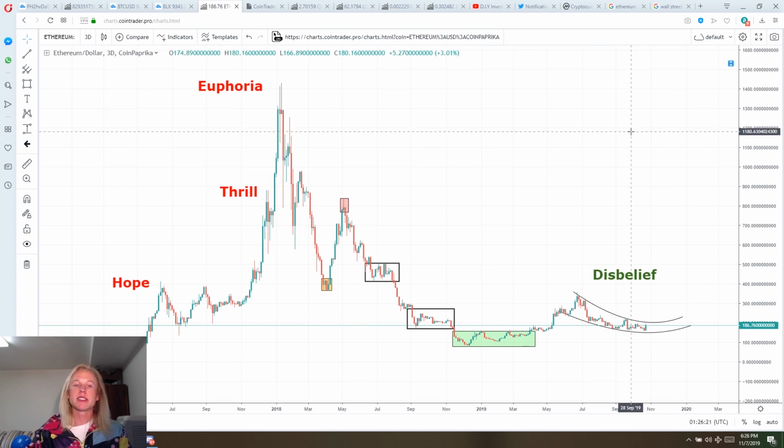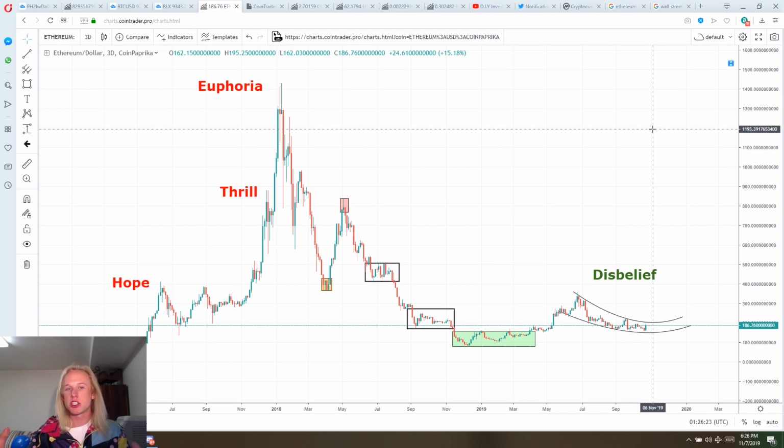And so for me, guys, I am a buyer in this time. Remember, this is just my own personal strategies. I'm just showing you guys what I'm doing. I'm thinking that right now is the best time to be buying Ethereum that we're going to have before this next bull cycle ensues. Anything under $200 Ethereum is going to be viewed as a major steal 2 years down the line from now. And who knows, guys, I could be totally wrong on all of this and Ethereum could drop and fall off the face of the earth.